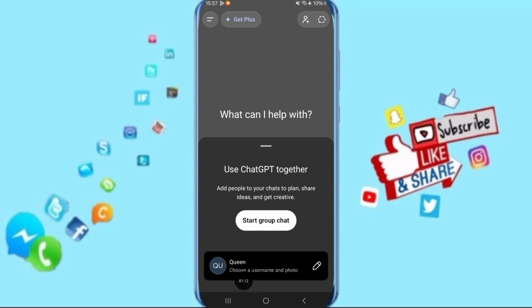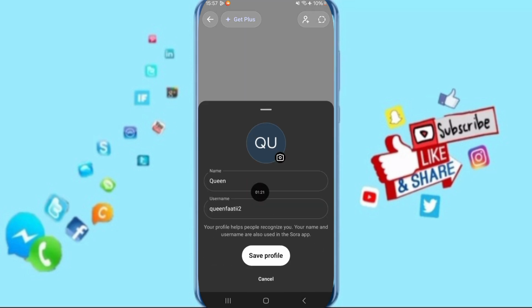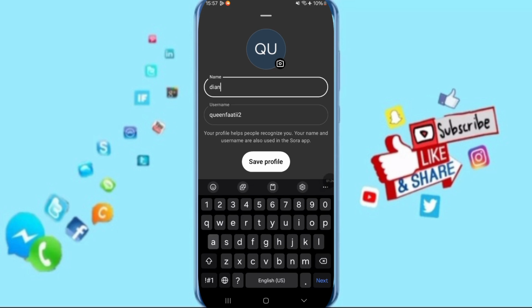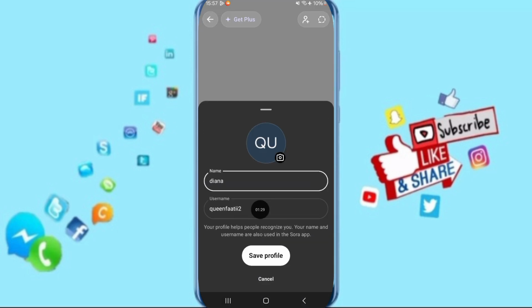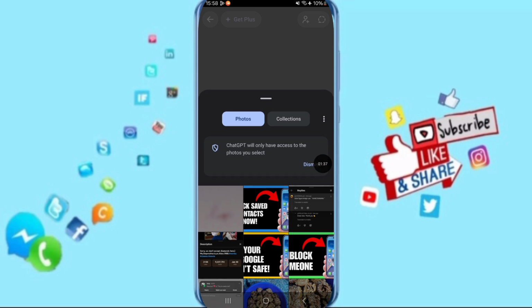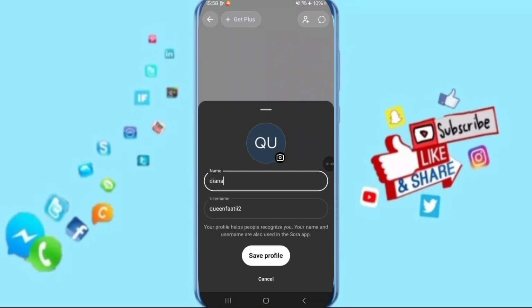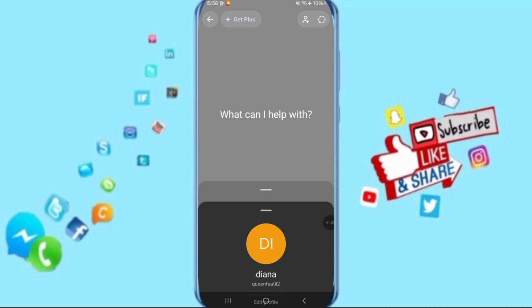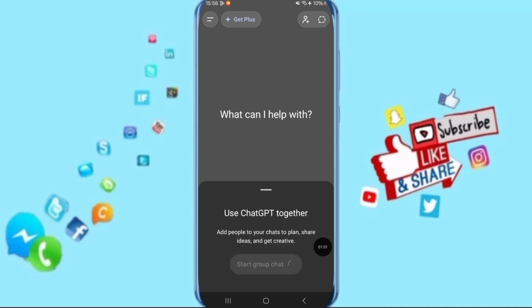You can also here choose a username and photo. To edit this, first you will click here on this pen sign, and then here you can change your name. You can add, for example, this name here, and you can also add your username, and here you will click to choose a photo or picture from your gallery. Here you can choose any picture you want to add, and then you click on save profile. When you end with editing the profile, you click on start group chat,